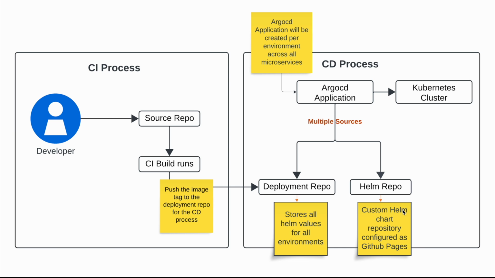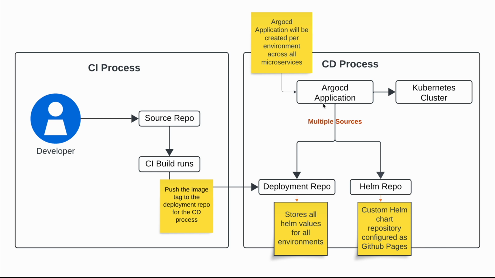repositories and configure them as GitHub Pages so that you can just use it as a Helm chart, like you use the public Helm chart. You use the GitHub URL and provide the chart version. That's it, nothing else you need to do. So that is where we will configure the Helm repo. I will show you in this demo that I already have this Helm repo and we are using it. So that is what we have, two repos. We need these two things for the CD process using Argo CD.